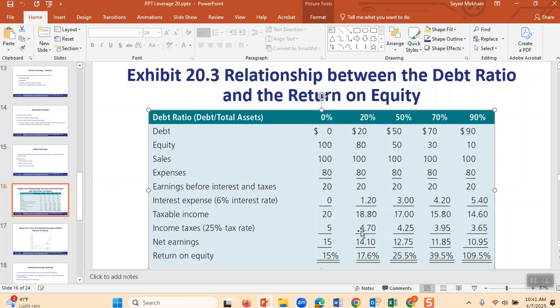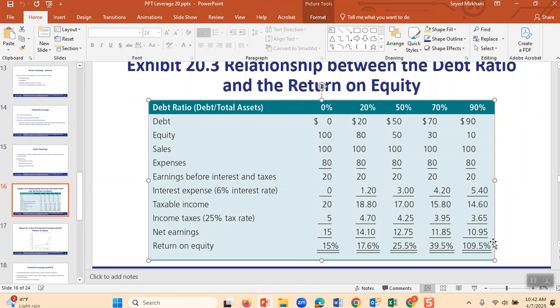If you have to pay taxes, the taxes are 25%, meaning a quarter of this $20 goes to taxes. Now, in this case, you are making $15 in net earnings. And in the case of when you borrowed more, do you see under 90%? You only make $10.95.